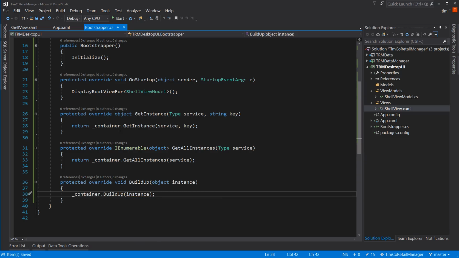Now, if some of this confuses you, don't worry. Pretty much this is copy paste. So take my code, put it in your code, and it works, and you don't have to touch it. Now, I do recommend that you try and follow through what it's doing and understand why it's doing it, because